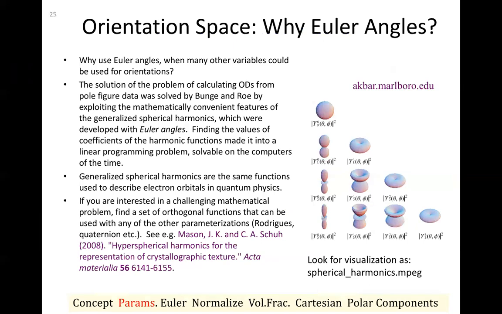The pole figures only give you part of the information, so you have to find the orientation distribution that's consistent with those pole figures, and you end up with a bunch of integral equations that are much easier to solve in terms of this Fourier series. So that's why we use